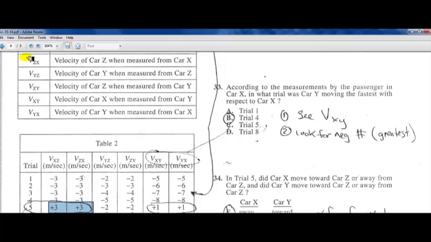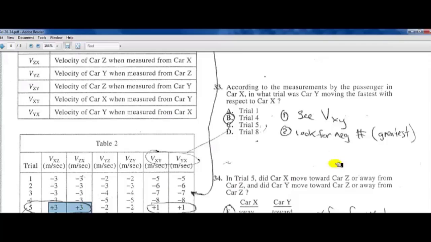VZX is the velocity of car Z when measured from car X. If there's a positive value here, that tells you that the distance is increasing. So that means car X would be moving away. Here you see it's quite simple. Both of these columns here have a positive value, so you know the distance is increasing, and therefore car X